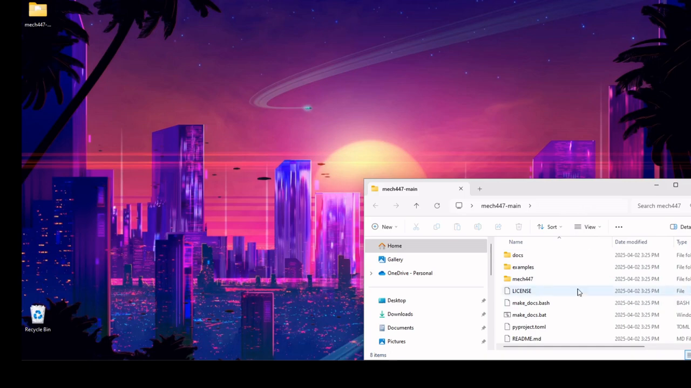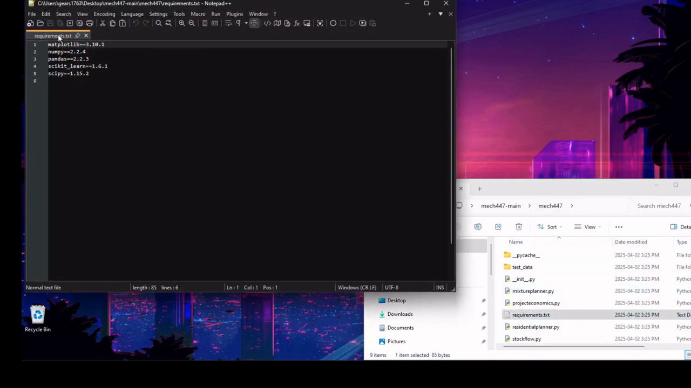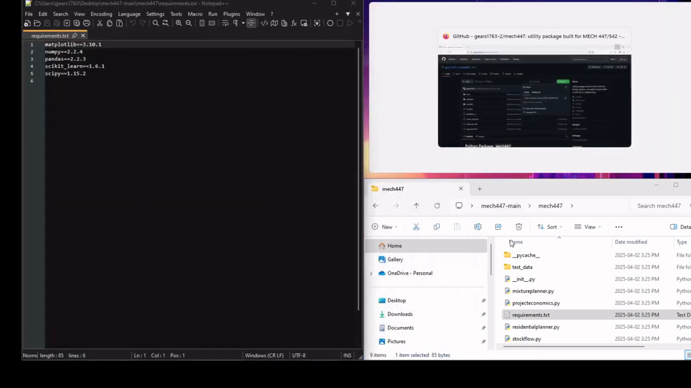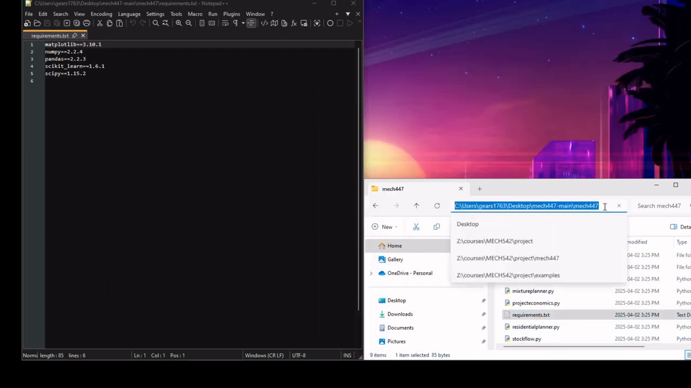So next, if we want to install the dependencies for the mech447 package, if we go into this mech447 folder, you'll see there's a requirements.txt file. So if we open that in Notepad++, this is a listing of all of the packages that mech447 depends on. So third-party packages, so matplotlib, numpy, pandas, etc. So to install these on your system, because this requirements file is provided, if we open up a command prompt from this folder here,